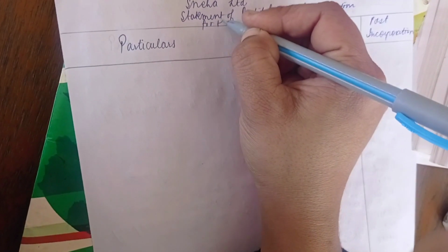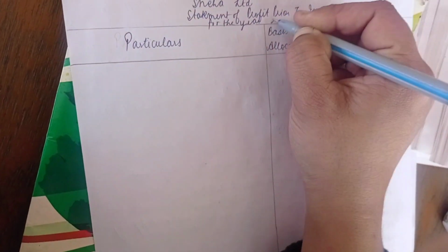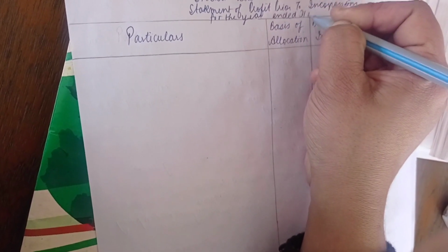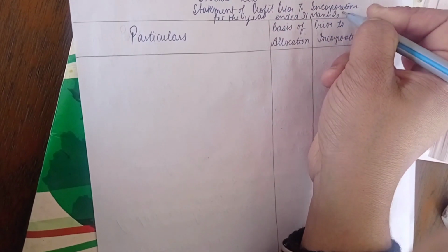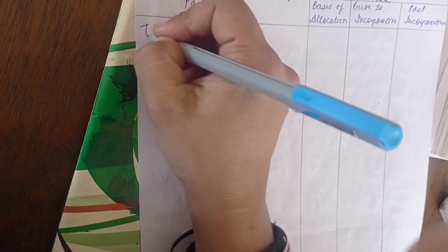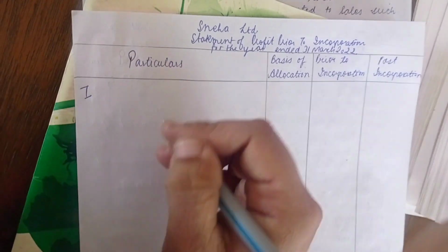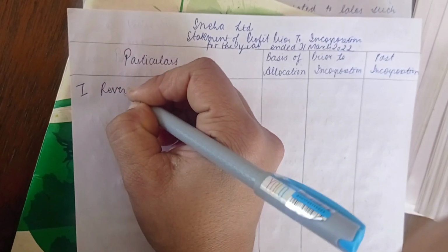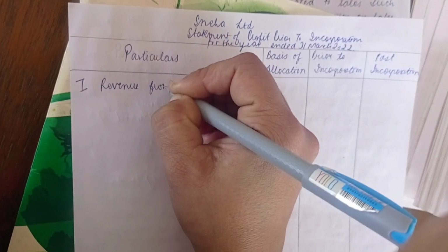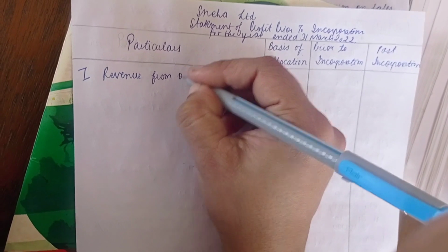For the year ended 31st March 2022. Now we will write here particulars. First item will be revenue from operations,